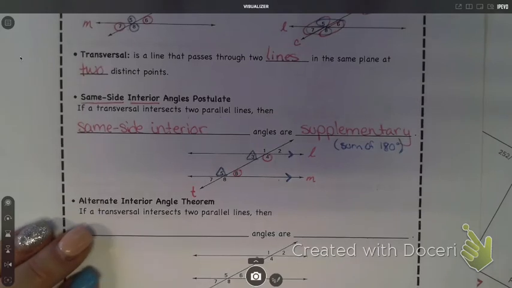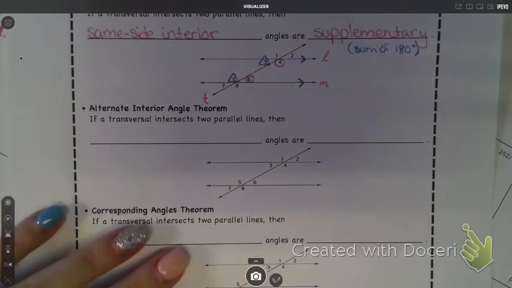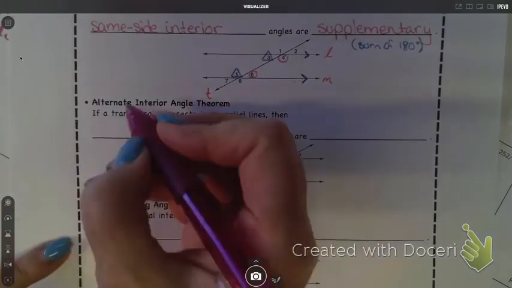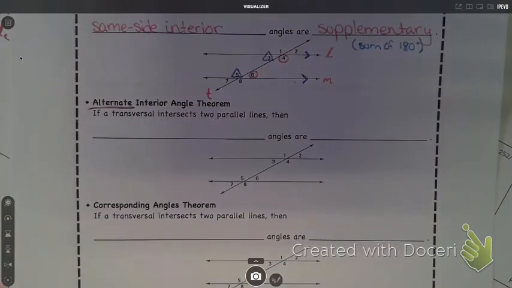Now I have alternate interior angles. Okay, so alternate, what does alternate mean when you're talking about a shape? Opposite, right? One on one side, one on the other. Interior,